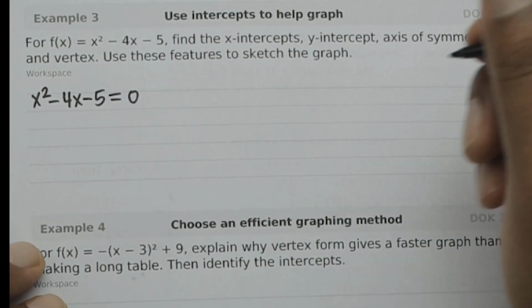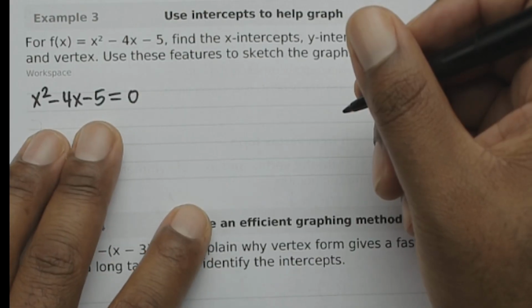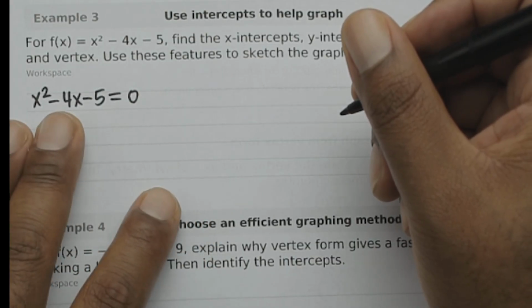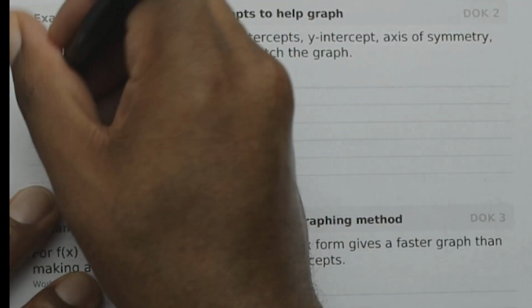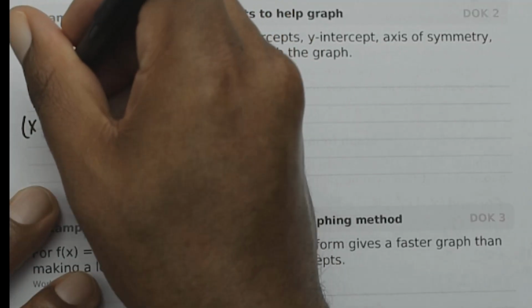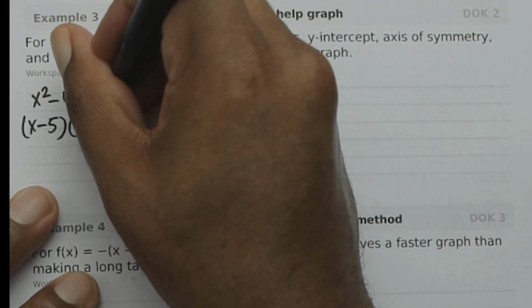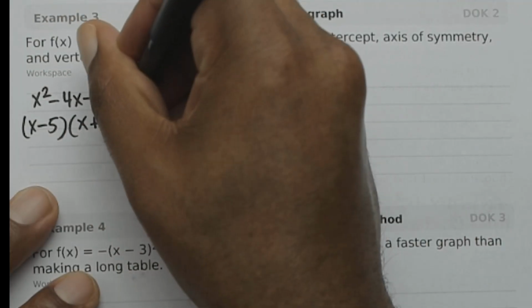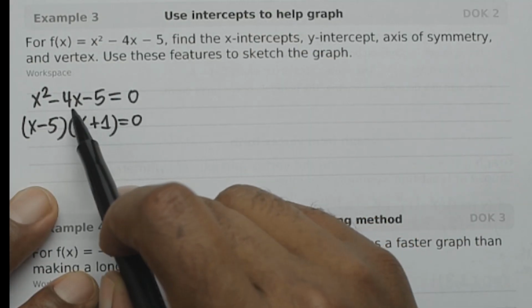To find the x-intercepts, we set this equal to 0. Then we have to factor this. When we factor this, we are going to end up with (x minus 5)(x plus 1). The way you have to think about it is: what two numbers multiply to give me -5